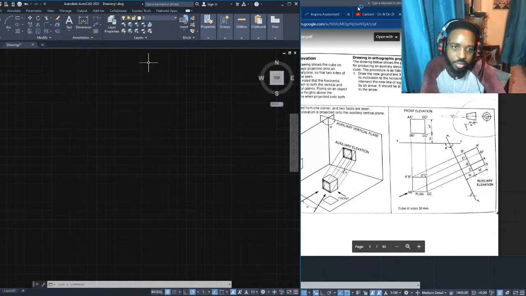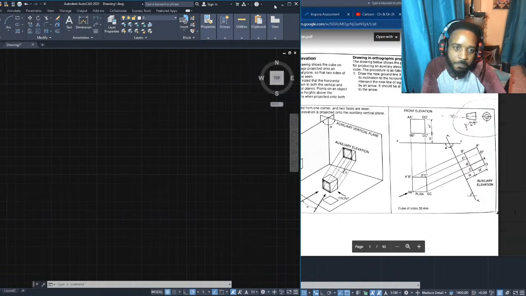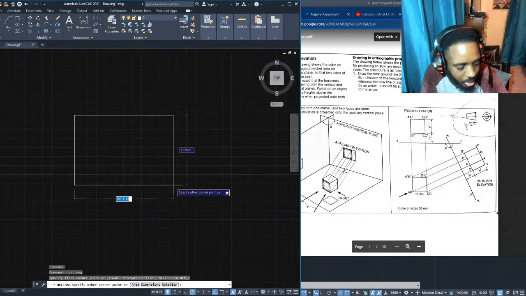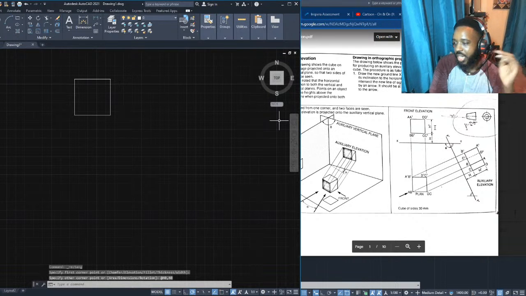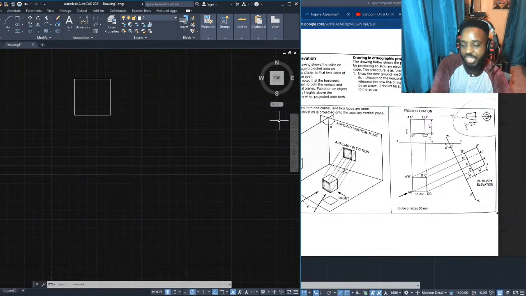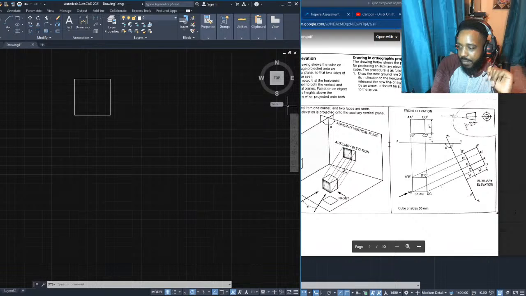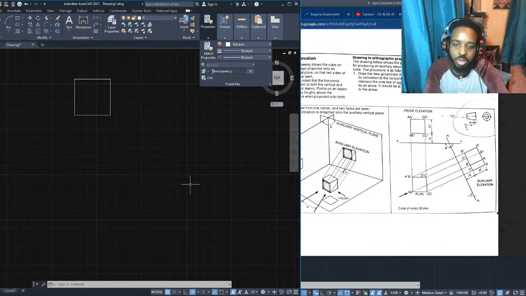I need to bring this over a bit. All right, so we have a cube, all sides are 40, so I'll just type 40, 40. We have that, and that is what we're seeing in our front view. So that's the front view done. Now we have the XY line right here. I'll give it a different color. Let me just do this first.